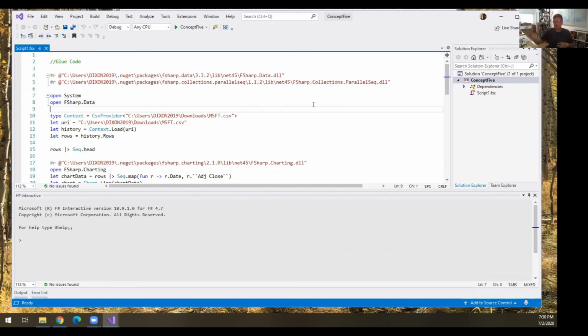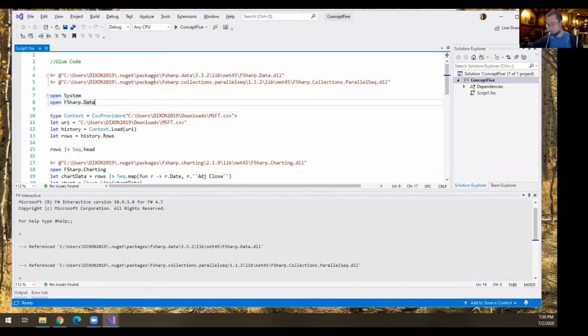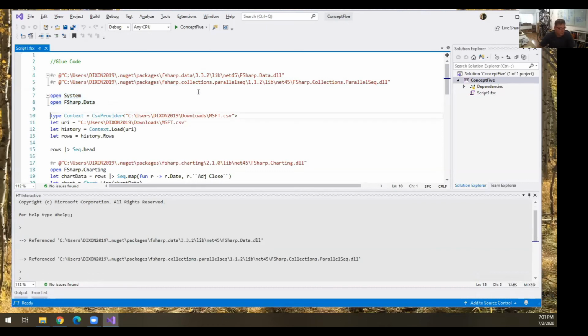So I've just shown you some domain design. I've shown you some railroad-oriented programming. I wanted to show you a cool example that sort of got me hooked on F#. So I'm running this in the REPL, and I'm pulling in some packages, some DLLs, F# Data and ParallelSeq. And I'll talk about parallelism and why in functional programming parallelism is so easy when we need to use multiple cores. But anyway, we're opening those up.